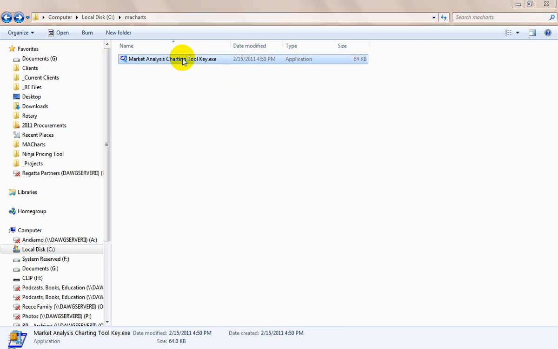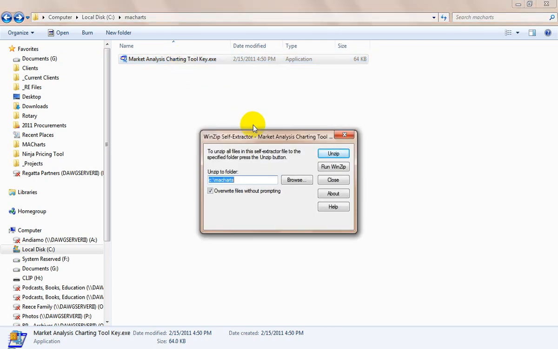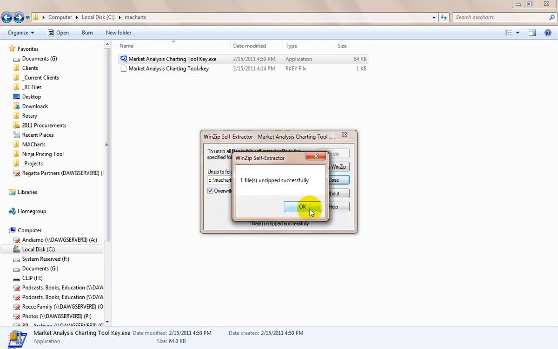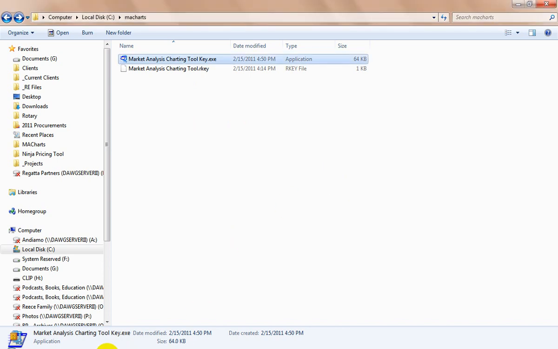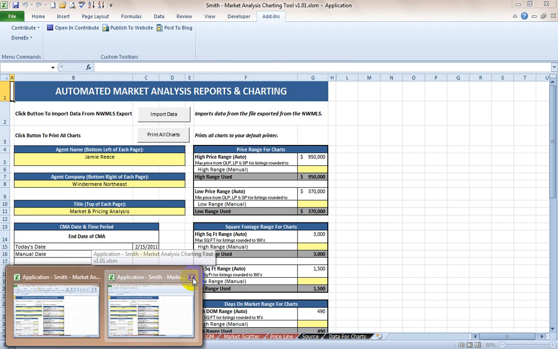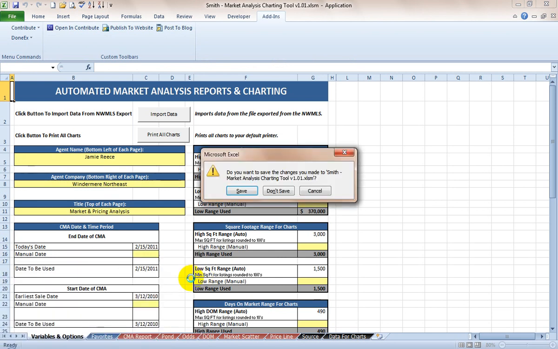And what it'll do is open up the ability to unzip that file. And you want to leave this unchanged because it needs to unzip to this folder because that's exactly where the file is going to look for your license. So if you leave this unchanged and just click unzip, it'll unzip that file and put it in here. And you close it up. And now if you go back and close out the application here,